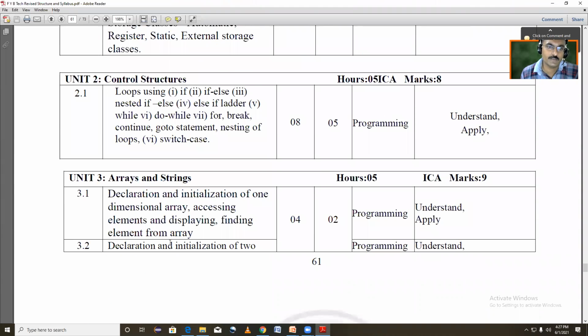Okay, now give the next heading as unit number 2, control structure, for 8 marks. In bracket write down 8 marks. Okay, so on the next line, start with loop using